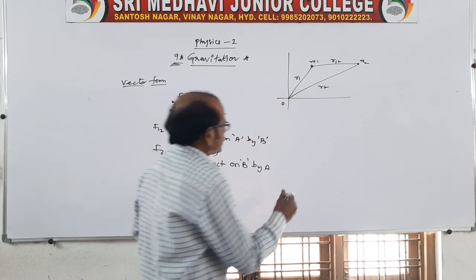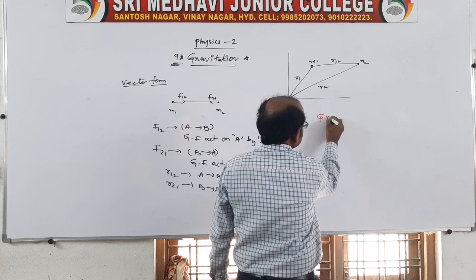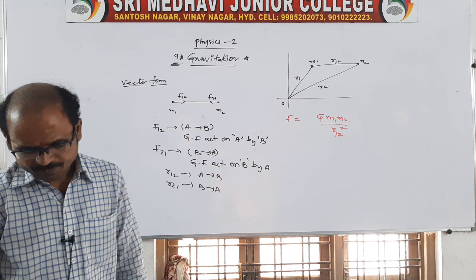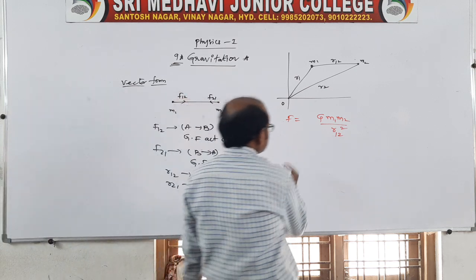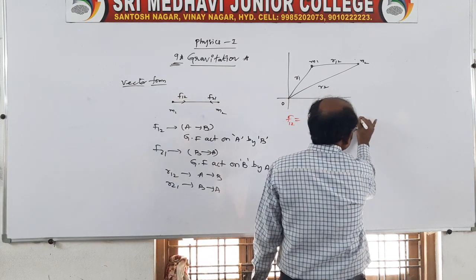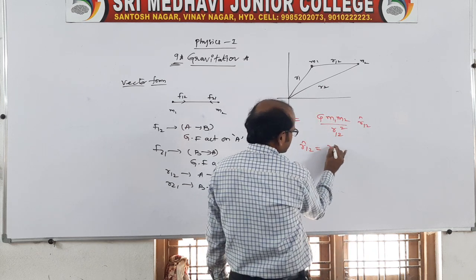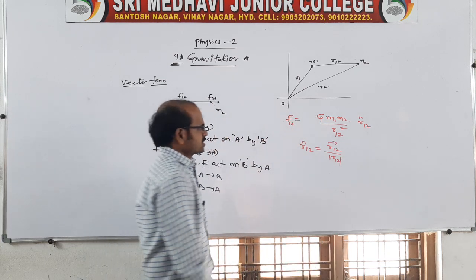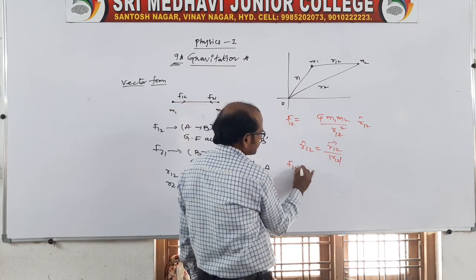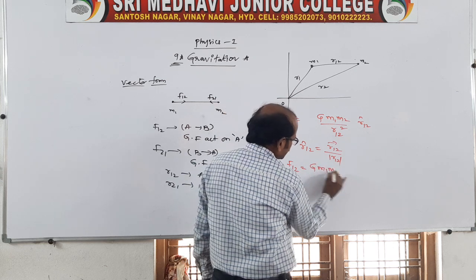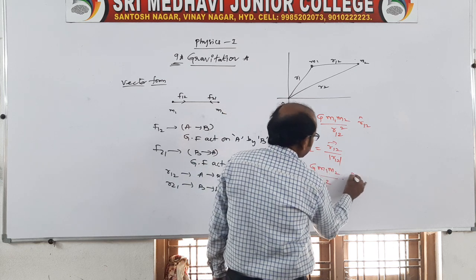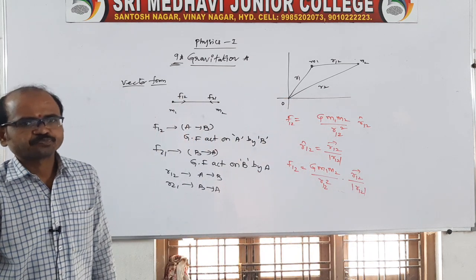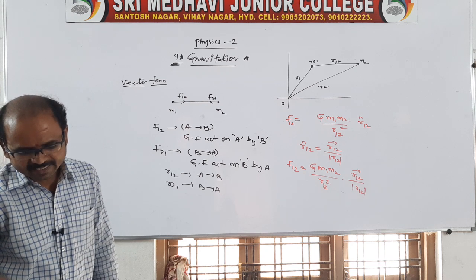Coming to the point, there may be a force F equal to G m1 m2 by r12 square, we can take. Okay, we have to say it in vector form, no? So you say the 12 unit vector. Of course, we know the 12 unit vector is nothing but the r12 vector by r12. So suppose you replace it here, there will be a form: G m1 m2 by r12 whole square into r12 vector by r12. So this is the form which we can call the vector form.